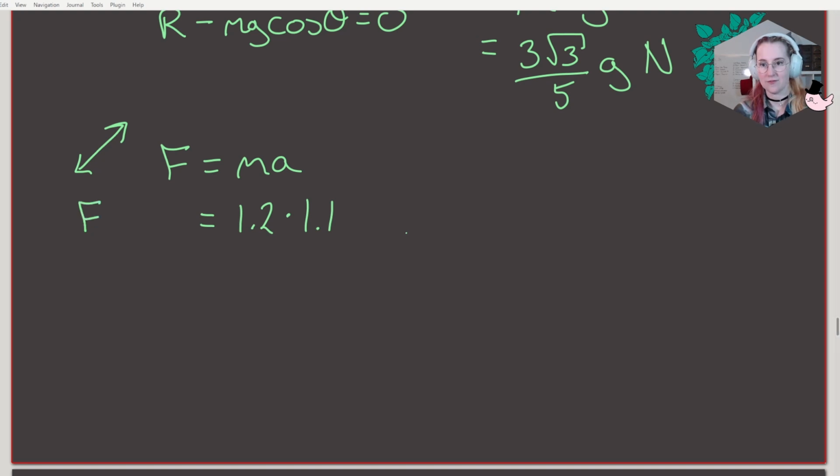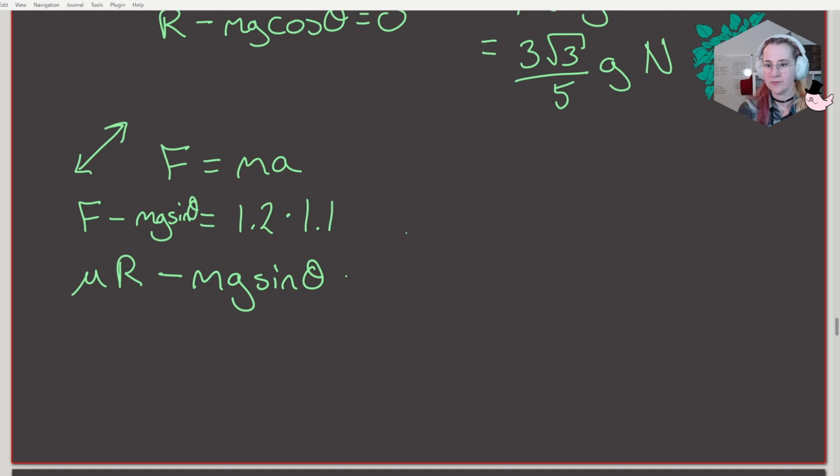So we have our frictional force is mu R, minus mg sine theta equals ma. I'm just going to write it that way for the minute. So we have mu times 3 root 3 over 5 minus